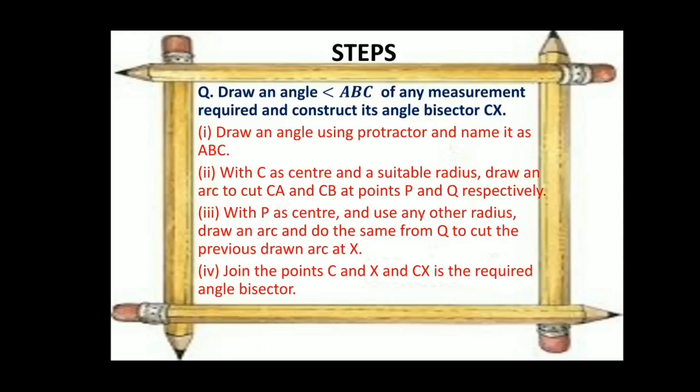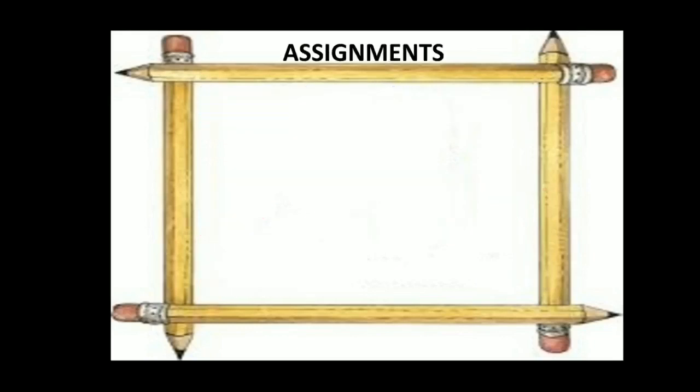Okay, so angle bisector and perpendicular bisector, these two things are just the basics of geometrical construction. The main things are triangle and quadrilateral. So in this session I have explained these two basic things. What you have to do is go through it, and yes, there is an assignment. You have to do the exercise questions from 12A, page 305. You have to do question number 1 and question number 2. One is angle bisector, one is perpendicular bisector. Do and practice at home.